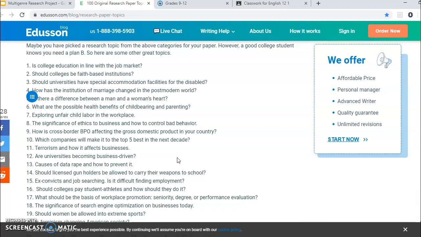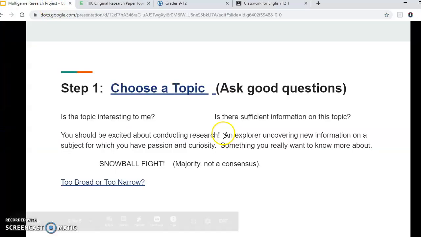So what I'm going to do now is I'm going to pause this, probably stop the video at this point for up to here, and what we are going to do, as it says back here, is a snowball fight. So